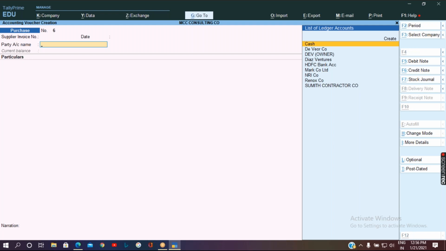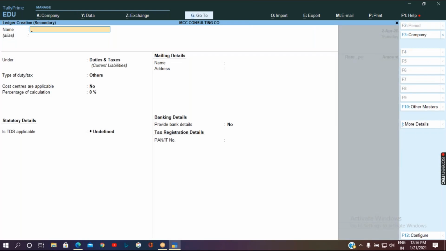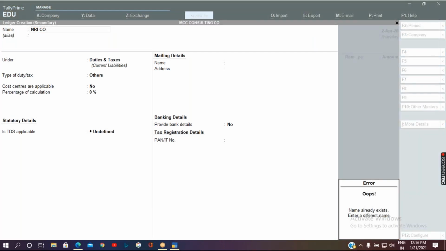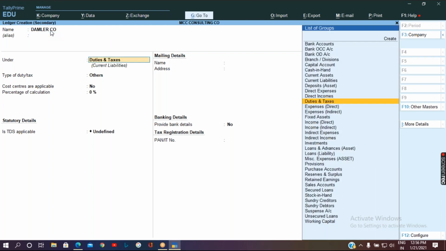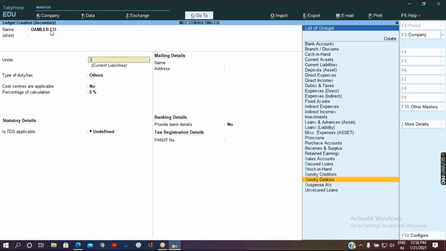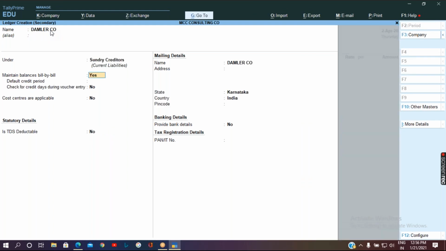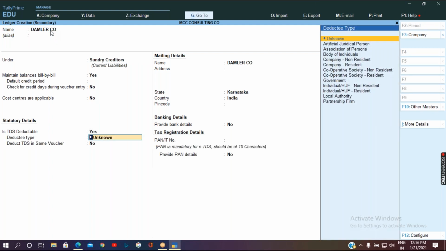So quickly we will create it, Alt Q. Let me take it as NRI company. Okay, I think I already have this ledger. Let me create another company, Daimler company, under Sundry Creditors. I'll make the option as yes.